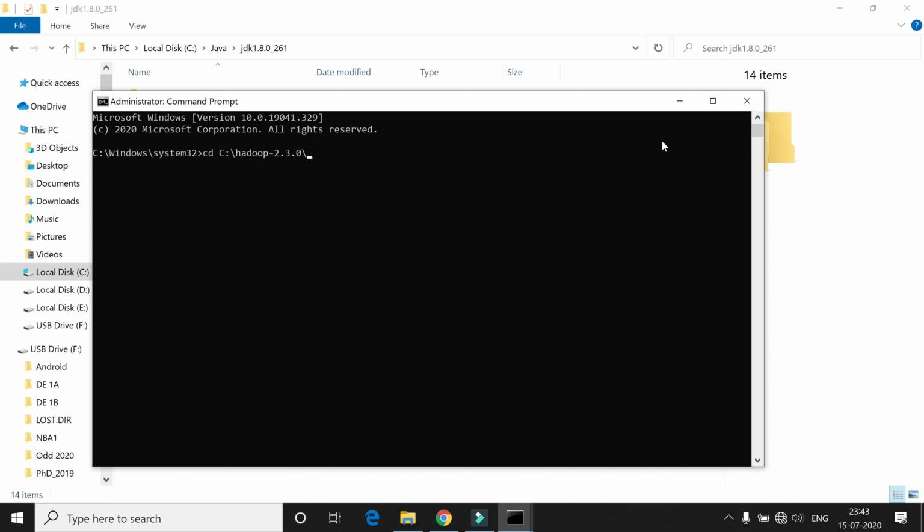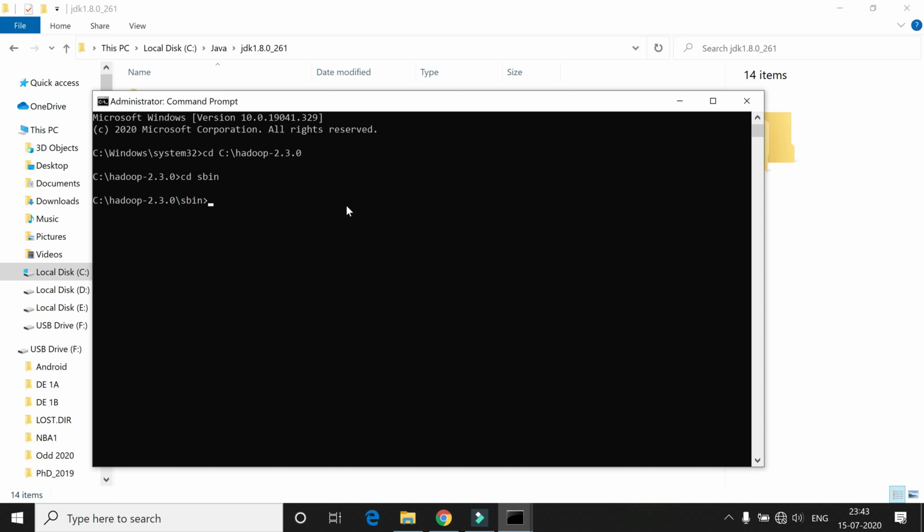Here you are not supposed to go to the bin folder. You have to enter one other folder, so let me enter into the Hadoop folder, then change directory to sbin. Note that the directory should be changed to sbin, not bin.